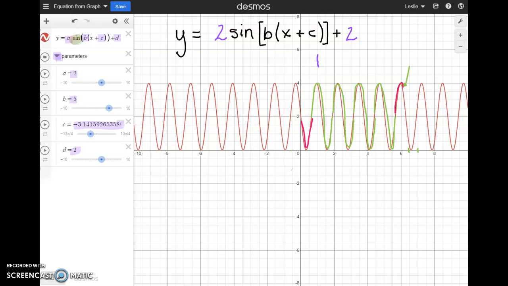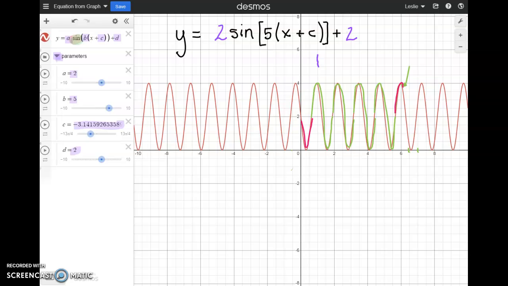Now, it's a little hard to see because, like I said, I haven't got my axis measured in radians, so it's a little awkward. But I can tell that it's 5, because if I look at the panel of parameters, I know that it's 5. And that's this number here. The other thing is that I will only give you these in integers if I expect you to do this by hand. Okay. All right, so my b value is 5,